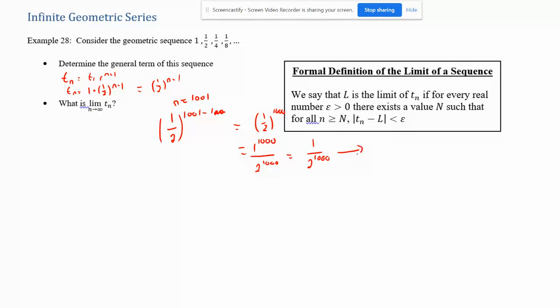Well, this number over here is going to be extremely close to 0. It's never actually going to equal 0, but it's going to be extremely close. 2 to the 1,000, guys, is going to be an incredibly massive number. 1 divided by that is going to be so close to this. So what we say, guys, is the limit is 0. Okay, so if you keep taking this sequence and you go forever and ever and ever, like if I just take this guy for a few more,